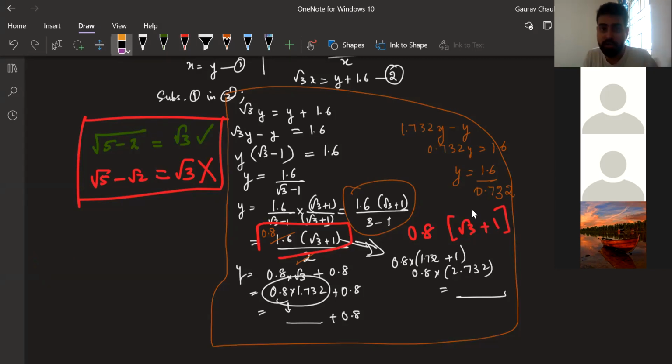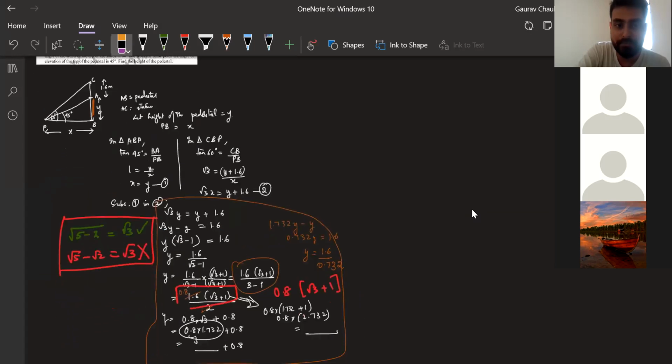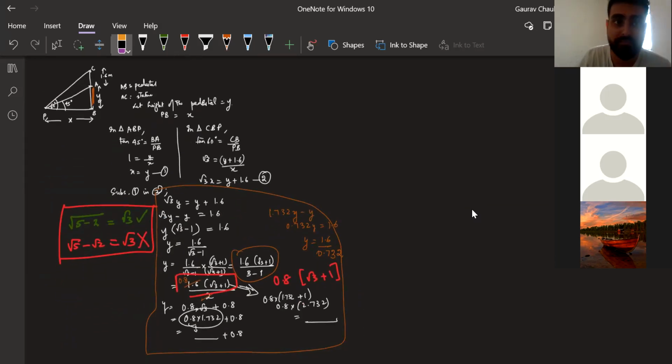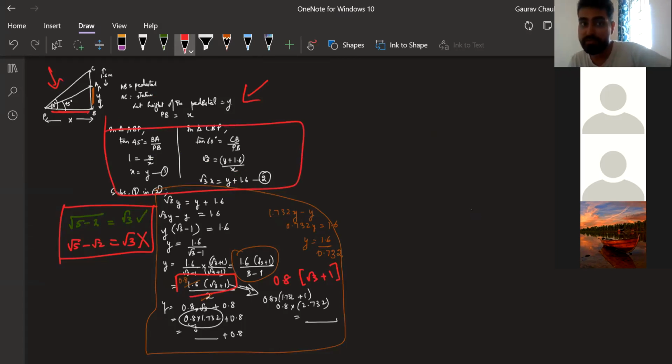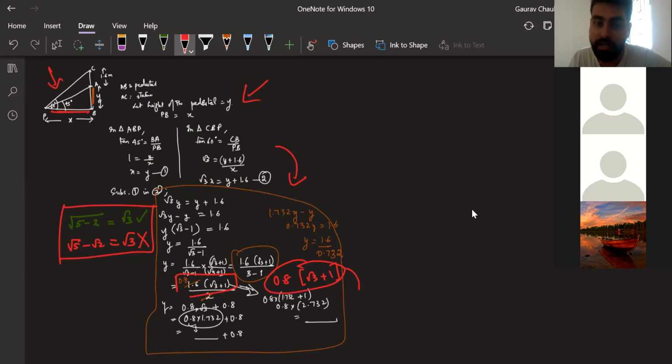Now putting all of these steps together. Finally my answer will be height of the pedestal is equal to this much. So putting all of these together, I have drawn the diagram. I have chosen my variables wisely, keeping in mind which side is common in the triangles. Using the two triangles, I made two equations. Then I solved those equations. When I was solving those equations, I should be careful in this step. When I take things to the right hand side, I should remember to rationalize the denominator. Finally, I can stop here, or it's better to do the multiplication and find the final answer.